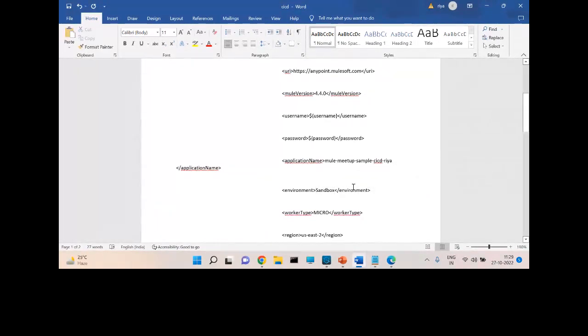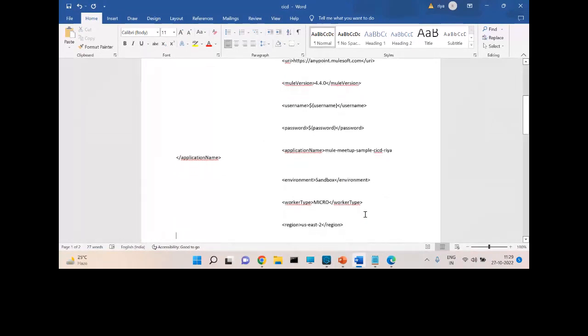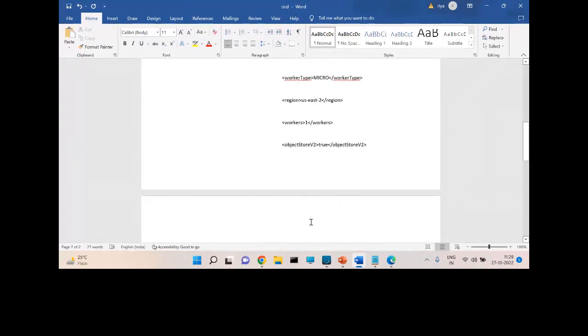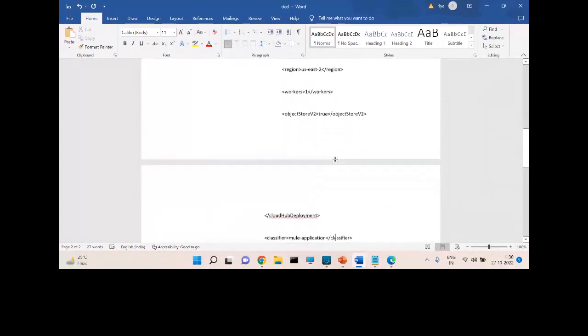The worker type we can give as micro or small, according to the vCores you need. This is all the information you also see when deploying using Anypoint Studio. We are doing that same thing using the Mule Maven plugin. For the region I have given US East 2, workers as 1, and object store as 2.